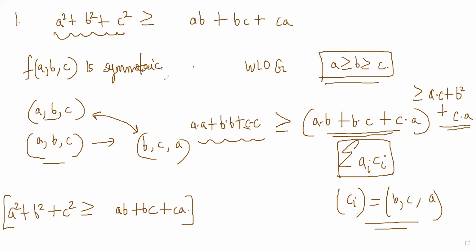So the way it works is you reorder this sequence and the product gives you this right-hand side. And once you have the right-hand side, it will always be less than or equal to when you multiply the sequences in the correct order, in the same order, A into A, B into B, C into C, where A is greater than or equal to B is greater than or equal to C. So let's see some more examples to understand it better.